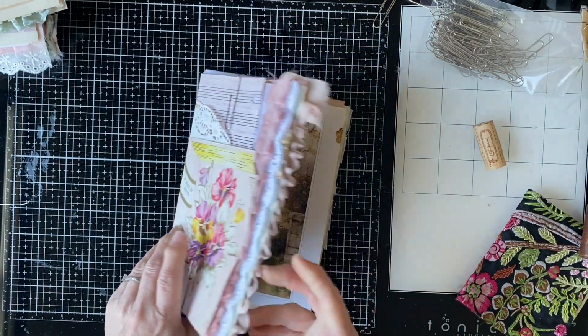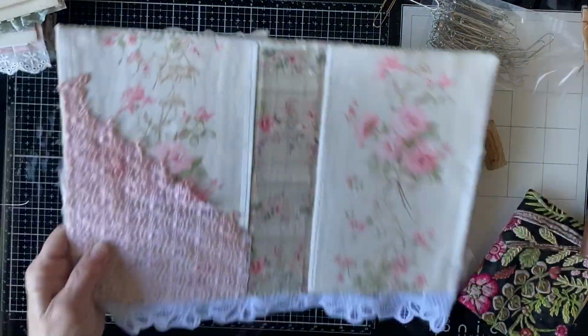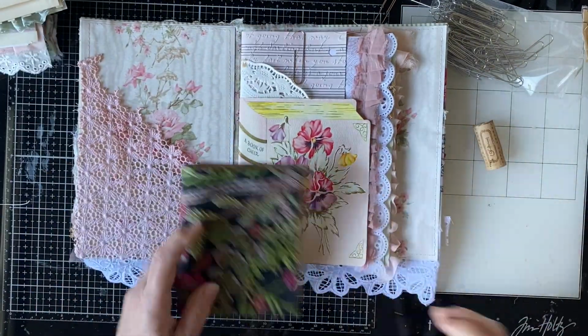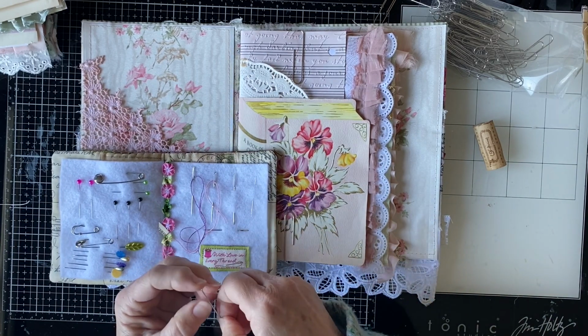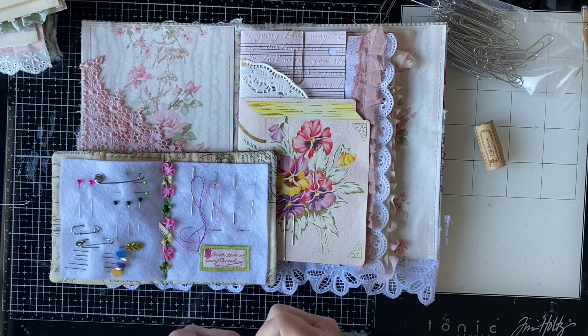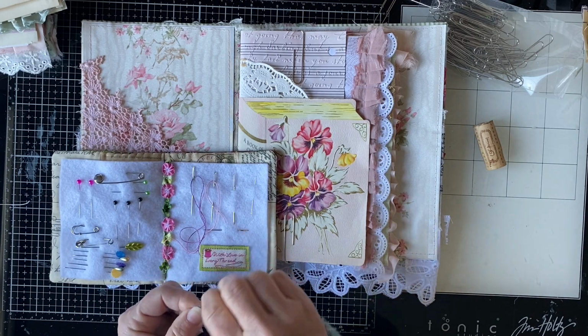Right, then remember to take your template out, and let's get our needle. I have a blunt tapestry needle that I use. I don't like using a pointy one because I start sometimes making extra holes. So it's got quite a big eye,